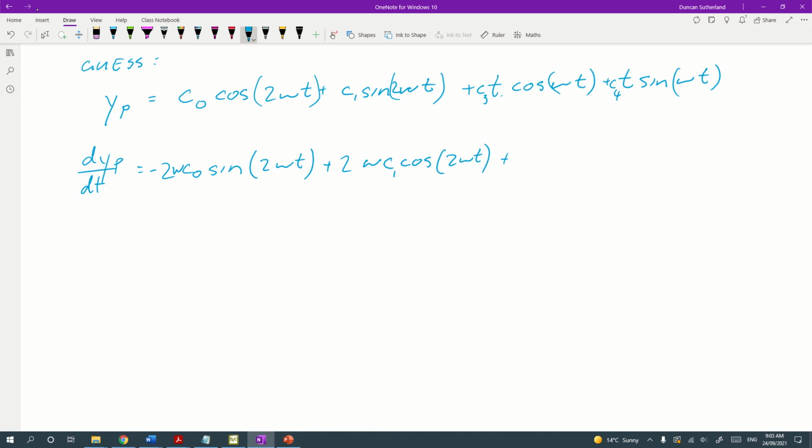Differentiate the first function, leave the second function alone. Differentiate the second function, leave the first function alone. So that's